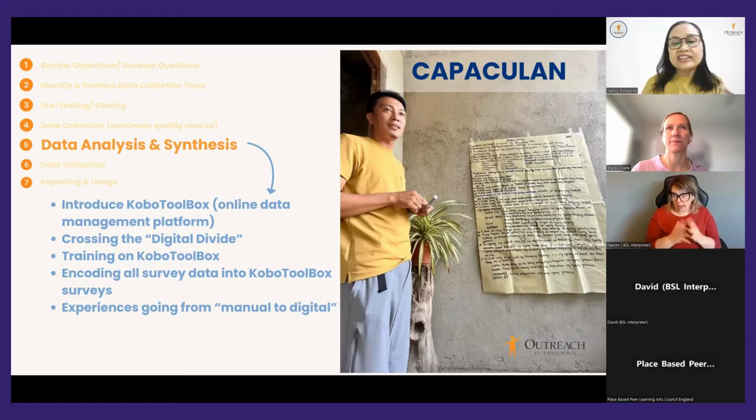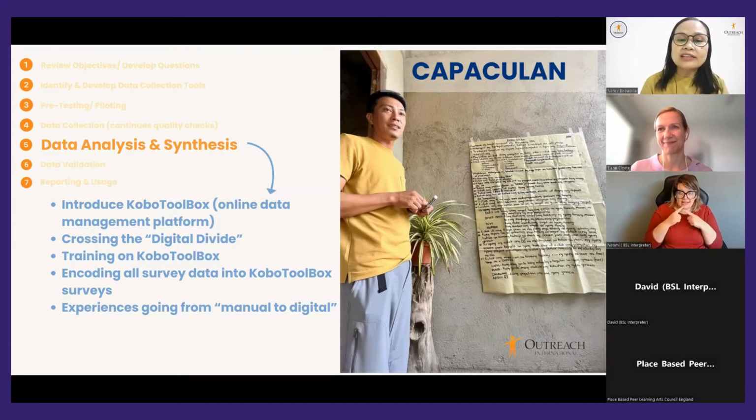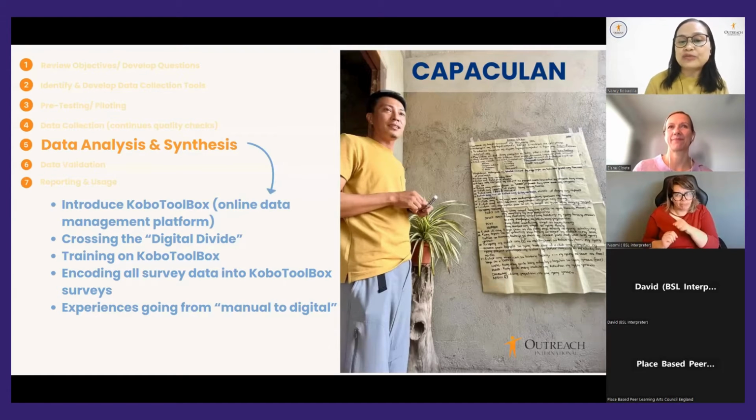And then they developed their survey on that platform and encoded all their survey data. Renan could have introduced them to Kobo Toolbox before they started data collection, but he wanted them to experience how different manual data collection is from doing it with a digital platform.